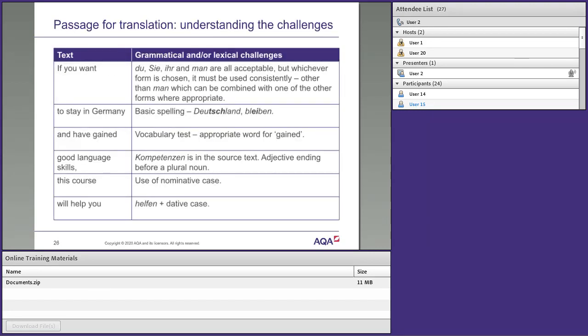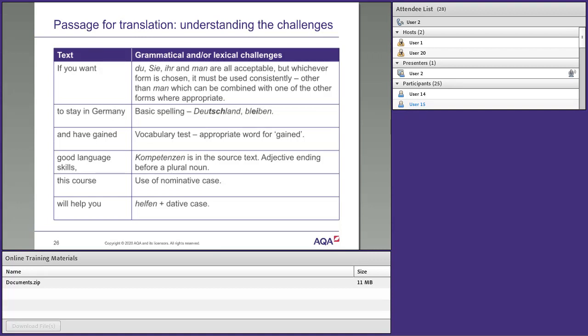So this was the translation in June 2019. You can see down the left hand side you've got the individual boxes of text, 1 mark for each one. If we just go through these, obviously they've got a choice of du, sie, ihr and man, and all of those would be acceptable, but whichever form they choose, they must try and use that consistently throughout the